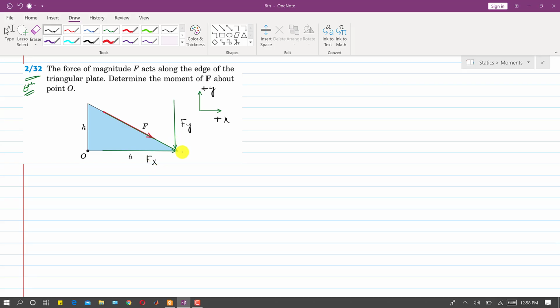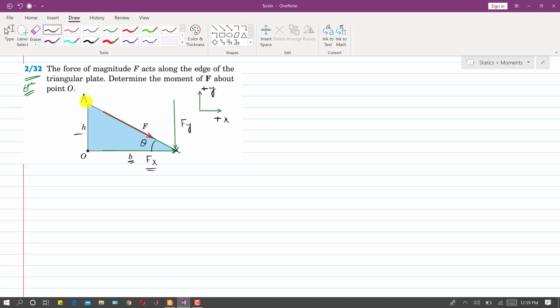So then at this point we see that only the F_y component is producing the moment about this point O, right? The F_x component is passing through this point O, so it will never produce moment about this point. So then we need to find the F_y component of this force. So we need to find this theta, right? Let's suppose this is theta, this is b and this is height h. So what will be the hypotenuse of this triangle?